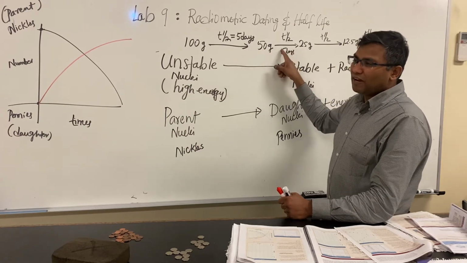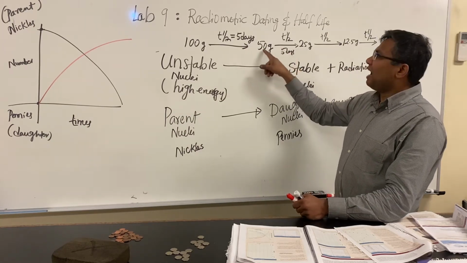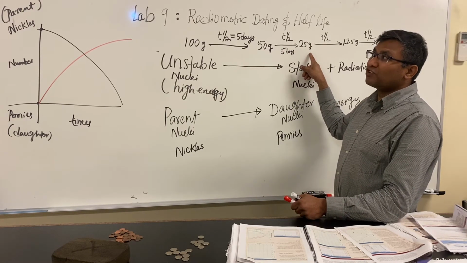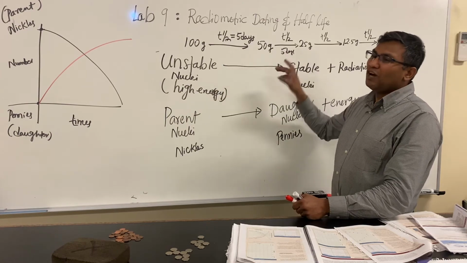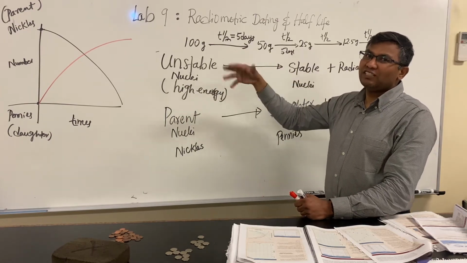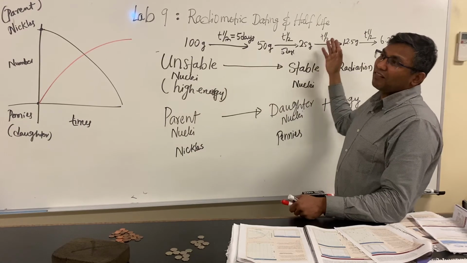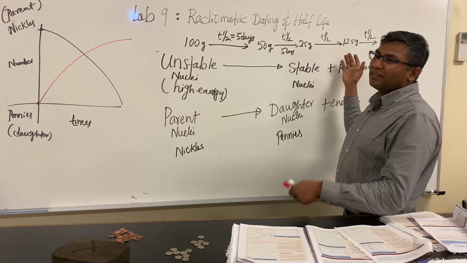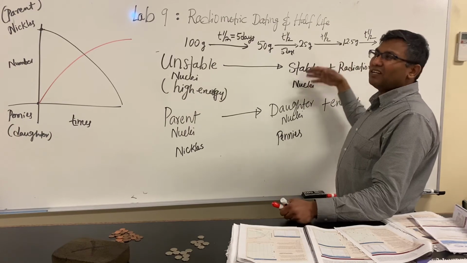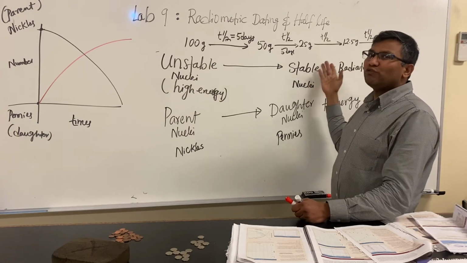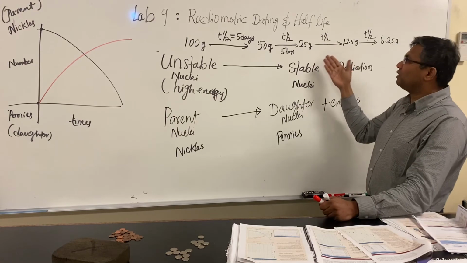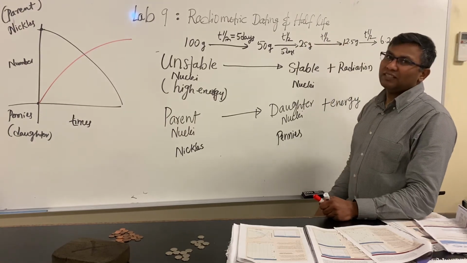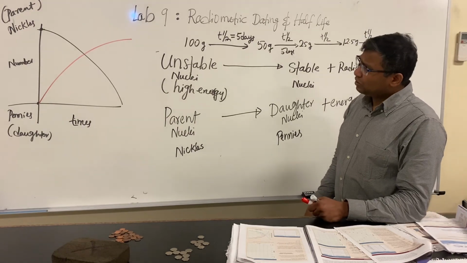In the second half-life, which is another 5 days, half of this will remain. So that means only 25% of the original substance remains. How much percent got disintegrated? 75%. In the third half-life, 12.5% is remaining. The remaining got disintegrated. In the fourth half-life, 6.25. So every time what you're going to do is half of each. That many half-lives have occurred. So today what we're going to do